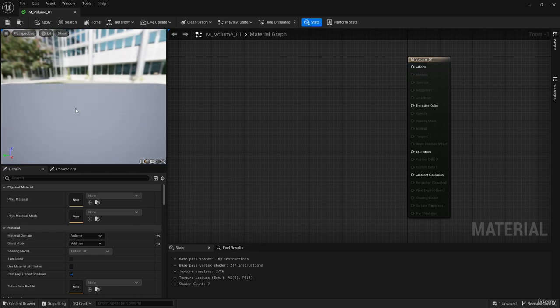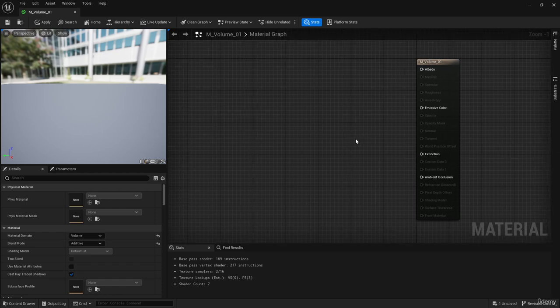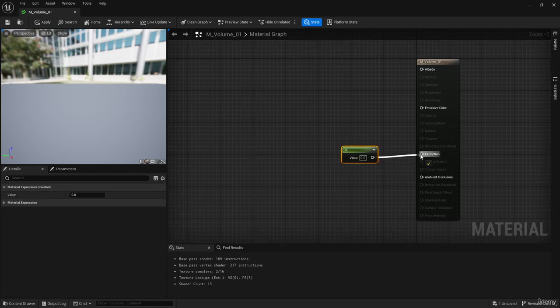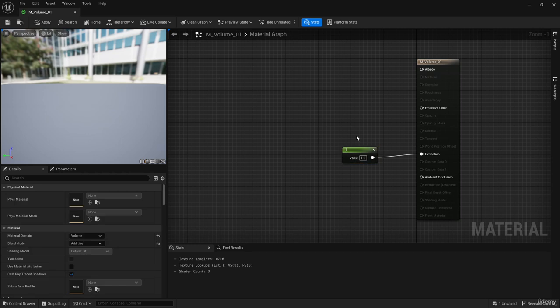At this point, our material basically disappears, and we get a few very basic pins. We get extinction, emission color, and albedo. Extinction is basically opacity in the context of volumes. So what we can do, for example, is set a value of 1 to the extinction,